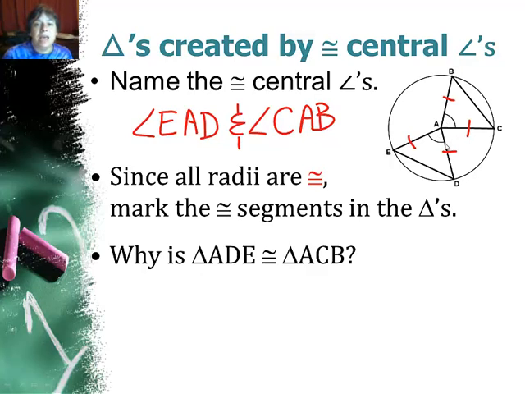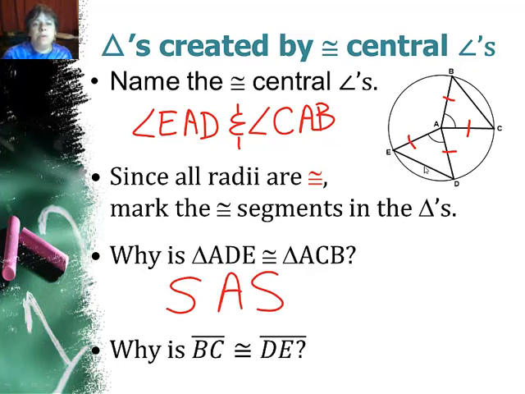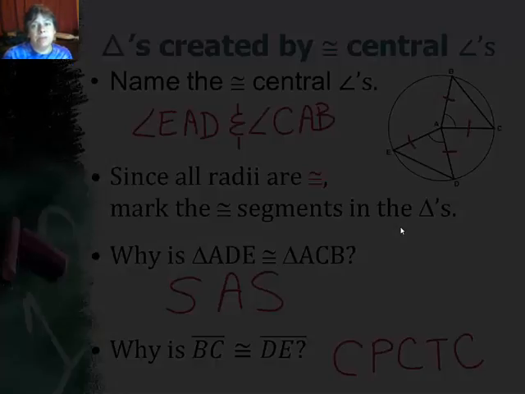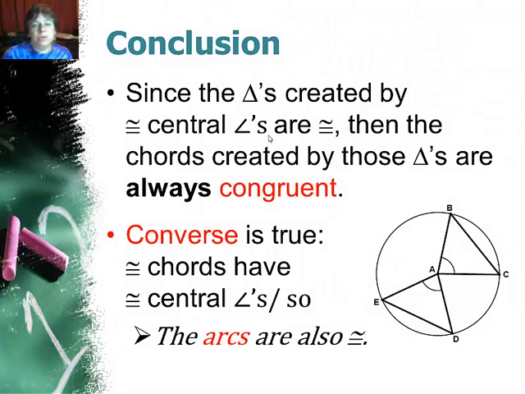So basically, these are both isosceles triangles, and why are they congruent? Well, it's side, angle, side. So why would BC then be congruent to DE? Well, they're corresponding parts of congruent triangles, and that makes them congruent. So since the triangles created by congruent central angles are congruent, then the chords created by those angles are always congruent. So these pieces right here, DE or ED and BC, will be congruent as long as those two angles